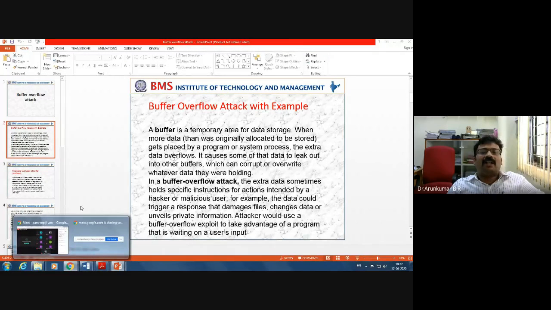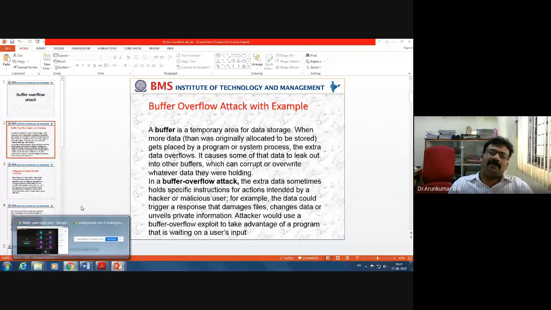Today, we look at some more attacks, and yesterday we did not discuss the buffer overflow attack. A buffer, as you know, you have studied in data structures and many subjects. As per our understanding, a buffer is a temporary area for data storage, and that data storage area is limited.